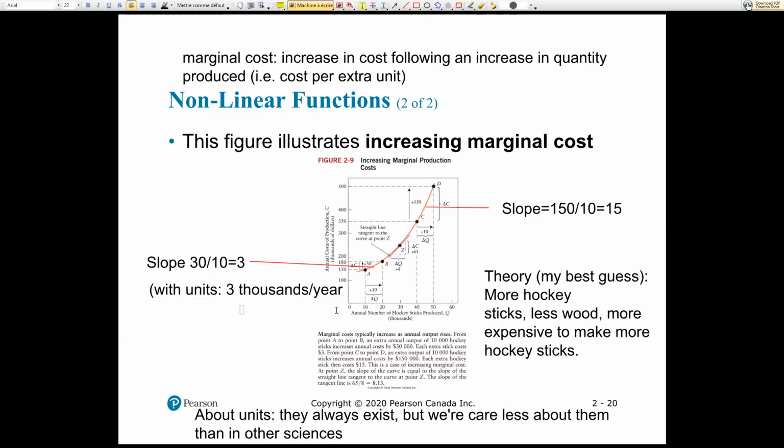Yeah, per extra hockey. Yeah, per 1,000 sticks. Yeah, so actually I could just get rid of the 1,000. So $3 per year, and per